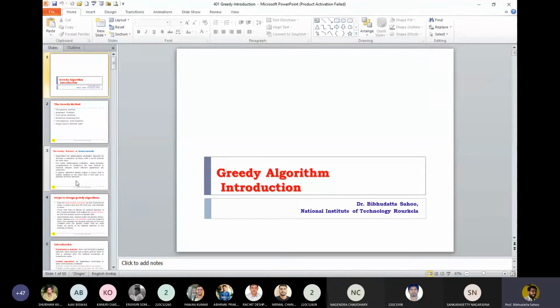On the greedy algorithm, and sometimes in the process of discussion I told you there will be two flavors of the greedy algorithm. One is the subset paradigm and another is the ordering paradigm, very much similar to the control abstraction we discussed in the case of divide and conquer. In greedy also we have a general framework. It's not an algorithm, it's a framework that any solution designed using greedy has to be put into that format, which becomes an algorithm.